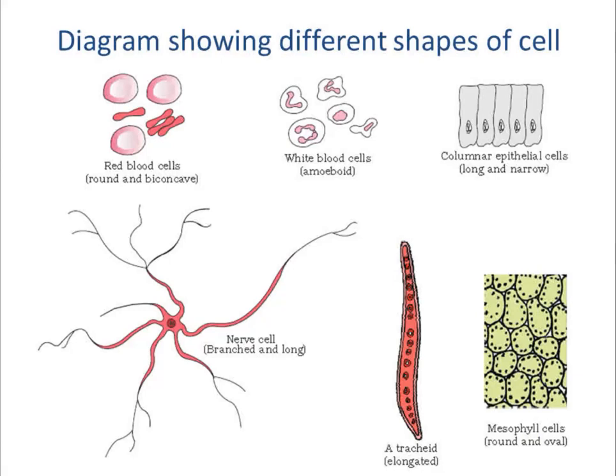And again, just check the shape: it is round and oval. You remember round shape is important when you want to maximize the surface area, right? Here, to maximize the process of photosynthesis, the surface area has to be highest, and a round shape will be the case. That is the reason why mesophyll cells, which are present in the leaf, have a round or oval type of shape. Okay, so these are the details related to shape. I hope you have understood.